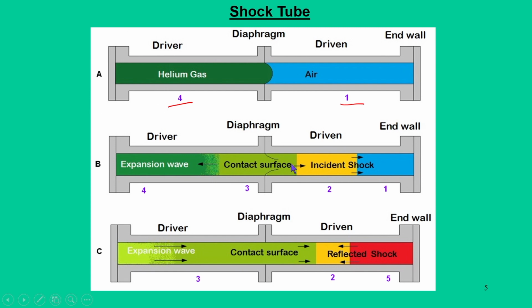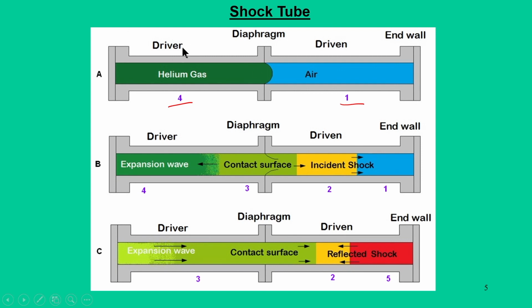Now, when this diaphragm ruptures, it is a kind of instantaneous rupture, which means that you keep filling this driver gas, and depending on the thickness or strength of the diaphragm, it will rupture at a particular instant. So, it is an instantaneous rupture. Now, once it ruptures, what happens? A shock wave is generated, because it is an instantaneous rupture. The aerodynamic phenomena says that if there is an instantaneous change, then such a thing can be viewed as a shock wave. So, a shock wave gets generated and it propagates into the driven sections.